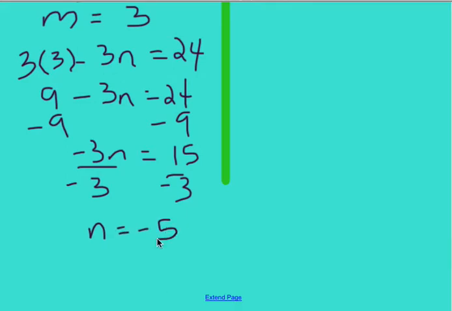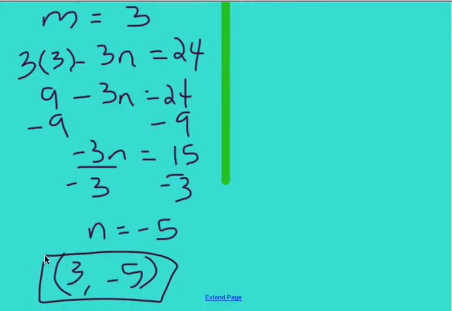Now, since this isn't x and y, it's not as easy to put it in a coordinate point, so I usually tell students just to put it in alphabetical order, or you don't have to put it in a coordinate point if it's not x and y. So let's go ahead now and take a look at number